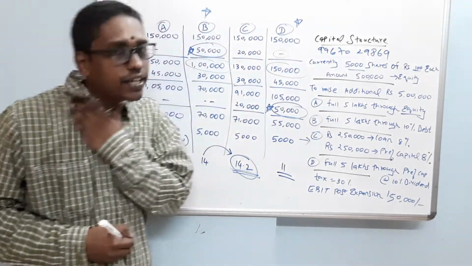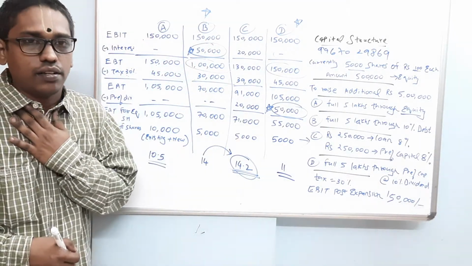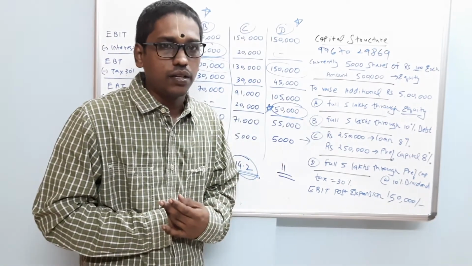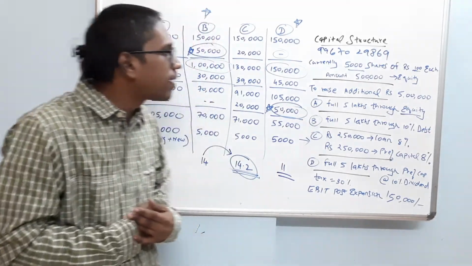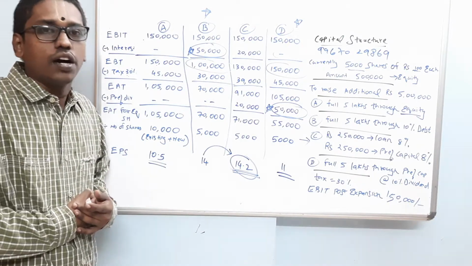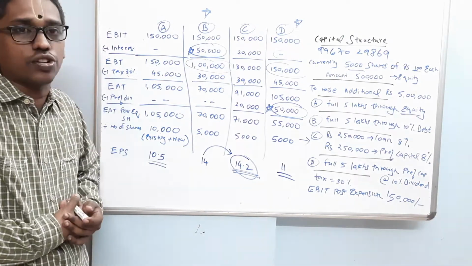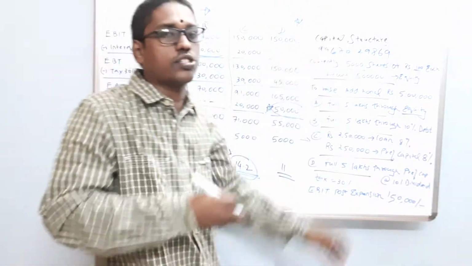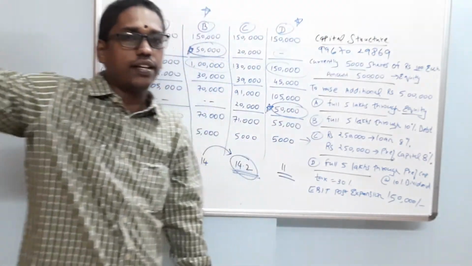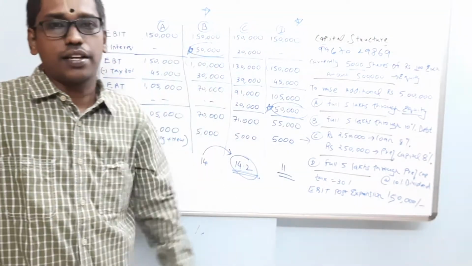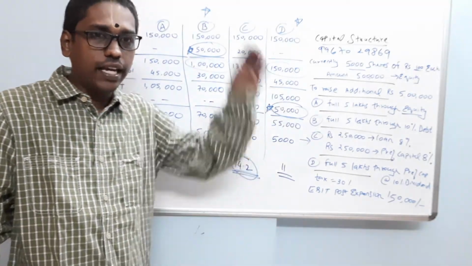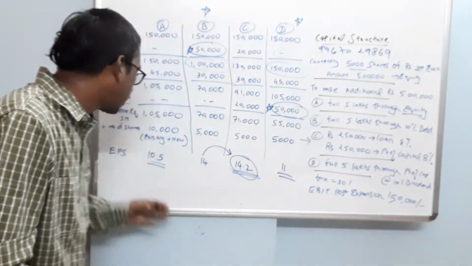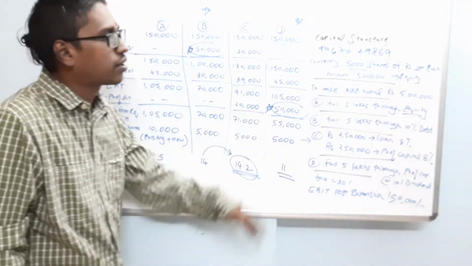There are further theories in this chapter which we will learn once we start with our curriculum. So this clipping will definitely give you a brief about what is capital structure, the proportion of own funds, loan funds, how much loans होना चाहिए, how much equity होना चाहिए, and how much preference capital होना चाहिए. So equity, preference and debt, the proportion of each source of fund considering highest EPS is what we looked at